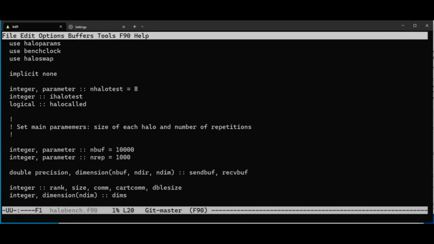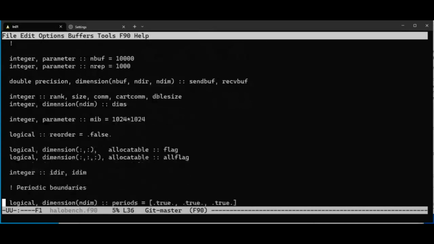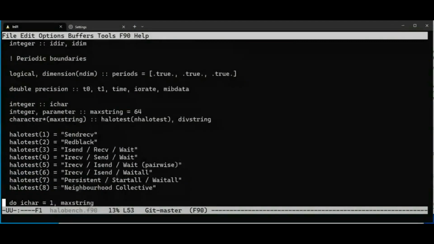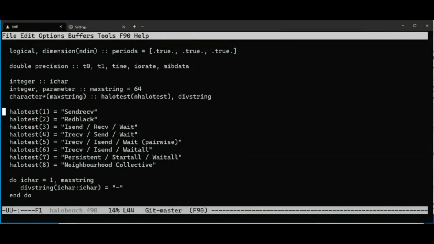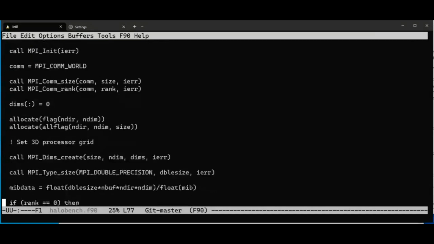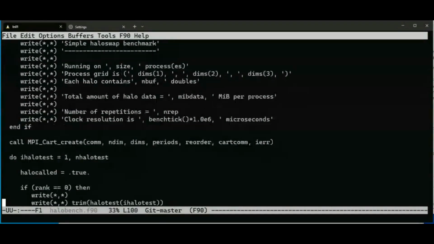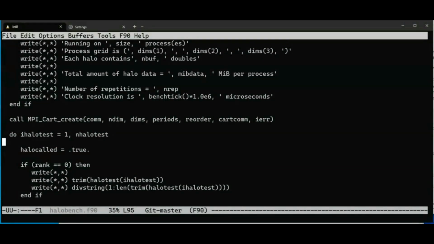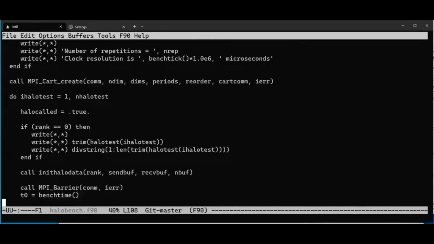Yes, we're just sending data up and down in the 6 directions, and all I do is I have these 8 tests, which you can look up on the web page. Basically I create my Cartesian topology, so I arrange my processes into a 3D grid. And that will probably for 8 be a 2 by 2 by 2 grid. I think it prints out what that is, and then basically it just loops over all these calls